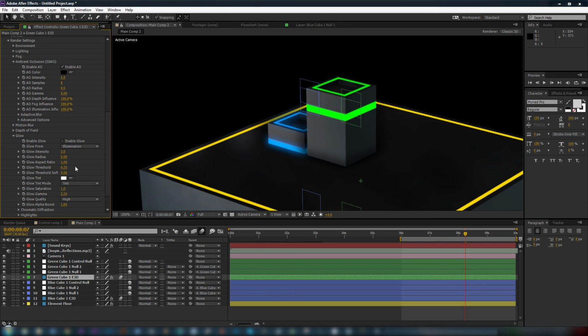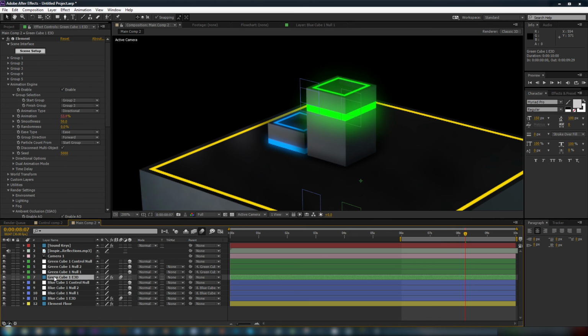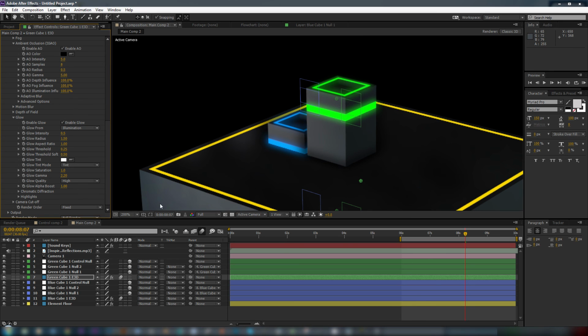Go down to the glow. I think we had it at 1.5. It's 1.5. Oh, there we go. Glow intensity is 0.5, and the glow radius is 1.5. Okay, so now that we've got the glow and the ambient occlusion set up,